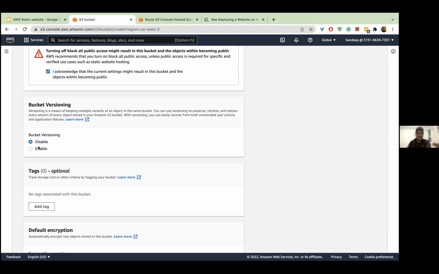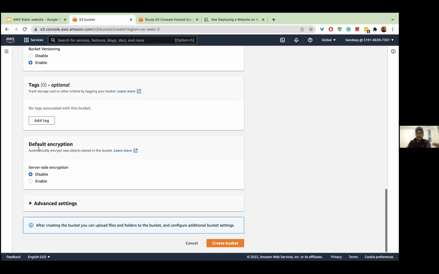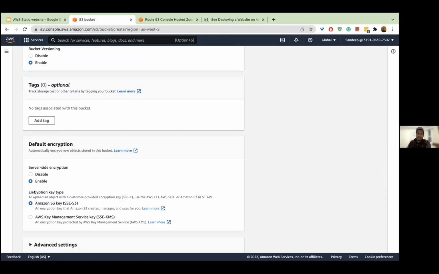Then bucket versioning: every time you update your files in a bucket, it creates a version of that object. So it's always a good habit to enable that. For the encryption piece, default is disabled. You can keep it disabled, but I would suggest keeping it enabled and using the simplest option, the Amazon S3 key. You don't have to do much. Amazon S3 manages all the encryption, so even if somebody gets access to your files, they are still going to be